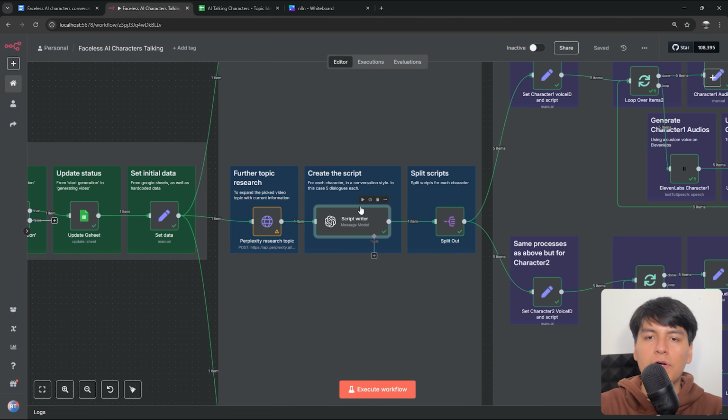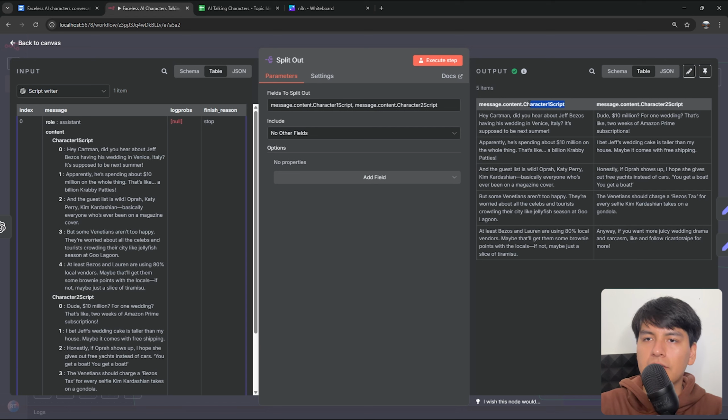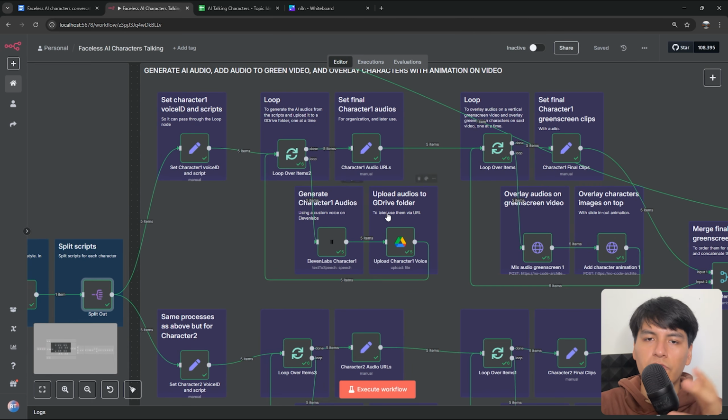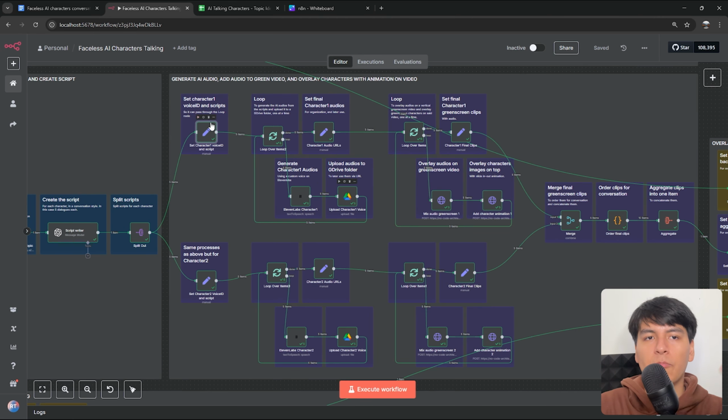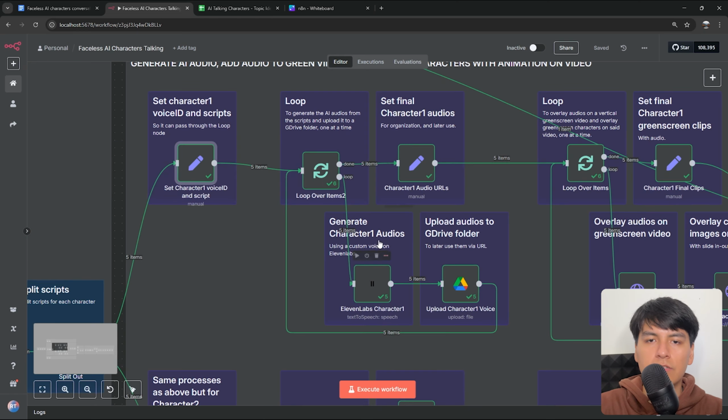But moving on, once you have the scripts, then we actually split them. So all of the ones from character 1 will get split into 5 items. So in total, you'll have 5 items, each containing a script of each of the characters. And the reason we split them is because here we'll actually generate a different voice for each one. So the top one is for character 1 and the bottom one is for character 2. So in this case, it doesn't matter which one we review, so let's just go with the top one.